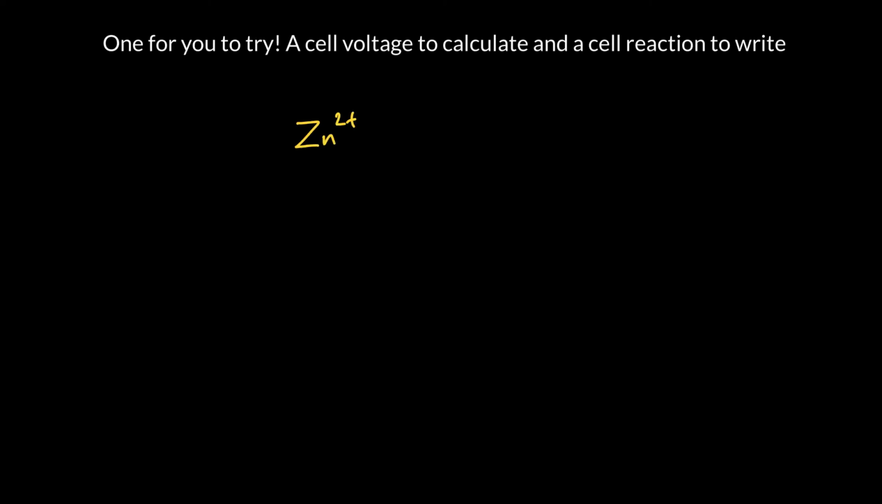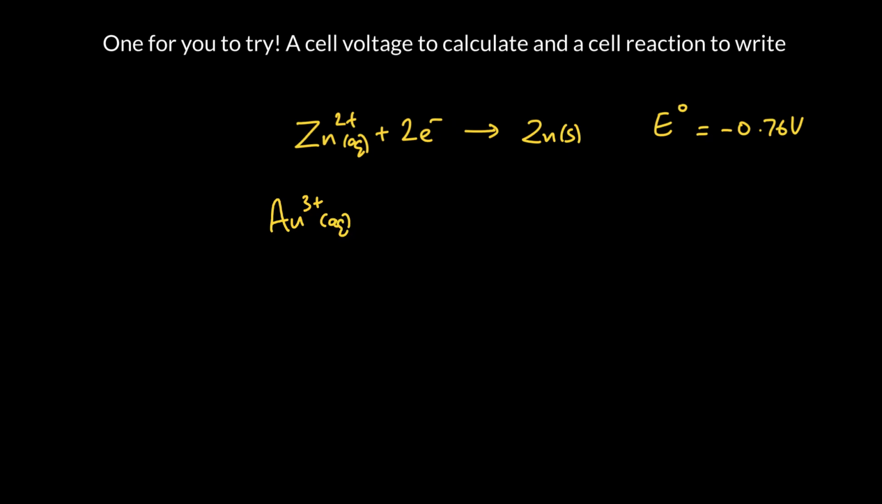So zinc, and it should be aqueous, but I'm going to leave that off for now, plus 2 electrons gives zinc solid. And, I guess I'll put those in, why not? And the standard electrode potential for that is minus 0.76 volts. And then maybe gold 3 plus 3 electrons goes to form gold solid, and it's got an E standard, so an electrode potential, of positive